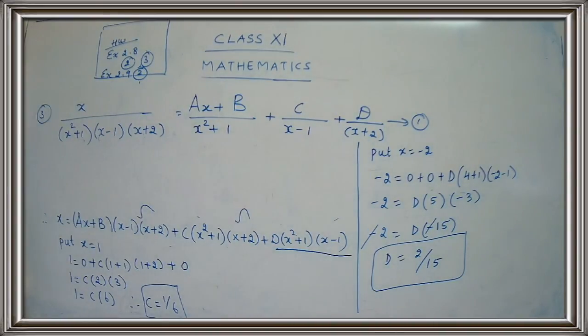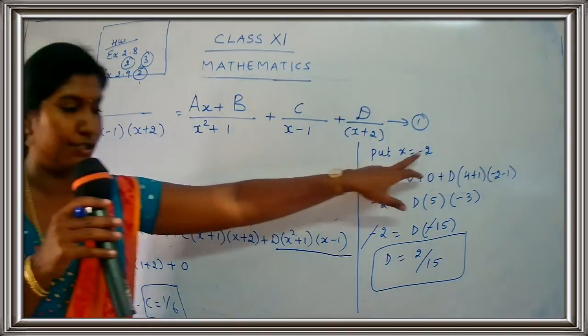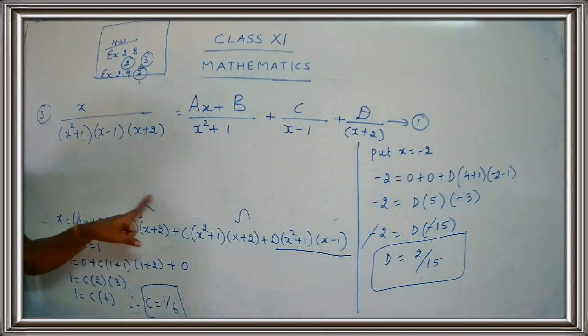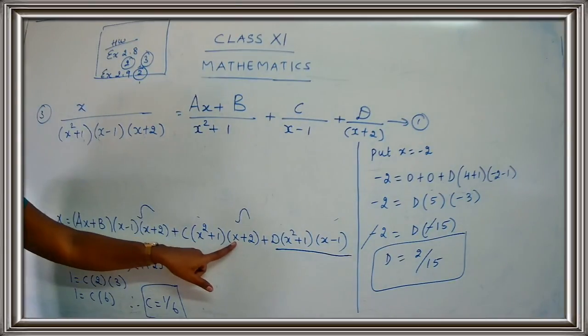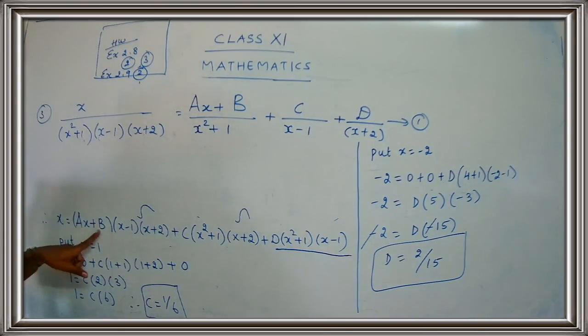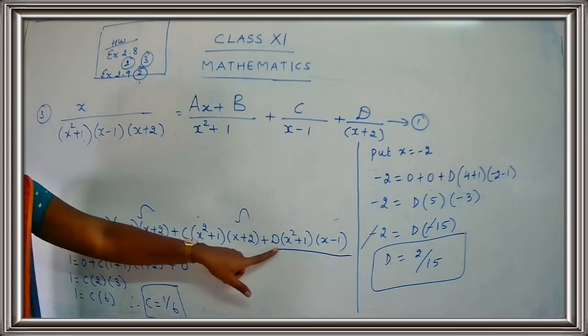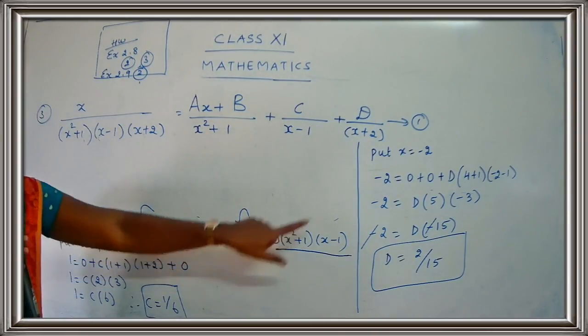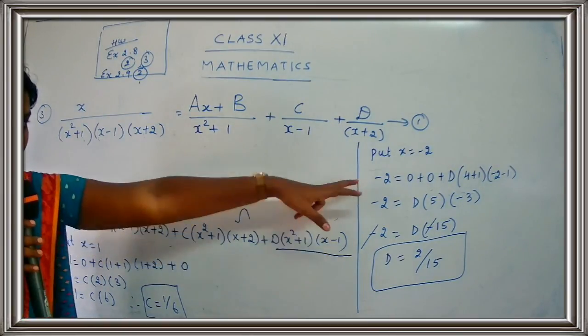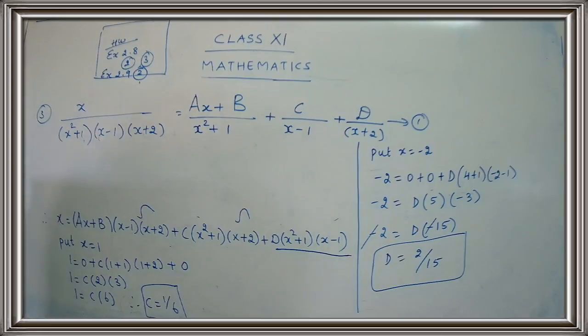We have to do it directly. We cannot go on putting the value because already the statement is a lengthy statement, and if you go on putting the value, you will get bigger statements. So try to do it directly. I got the value for d, that is 2 by 15. I hope you are clear, children. What we have done, we have taken the value for x as minus 2. So when I put minus 2, the whole term becomes 0. That means the ax plus b term becomes 0, the c term becomes 0. So only the d term is left. So minus 2 square, that's 4 plus 1, minus 2 minus 1. Just simplify, you get the value for d as 2 by 15.